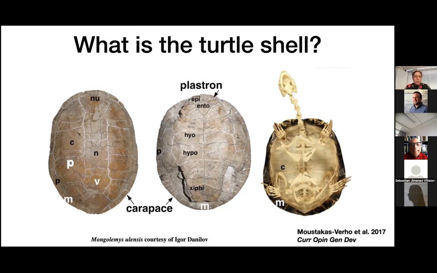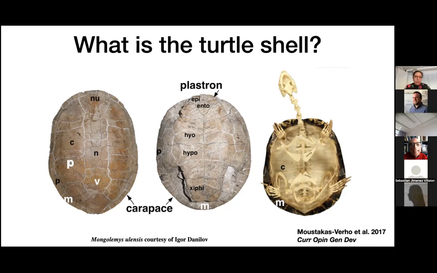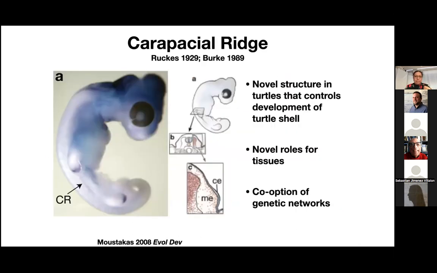This is the dorsal part of the shell called the carapace, and then the ventral part here is the plastron. And these bones are overlain by keratinized scales. They're specialized scales that are found on the shell, and they're called scutes. And these white markings here are showing the outline of these scales. They leave impressions on the bone. And then underneath, you can see the shapes of the individual bony elements. So this is a nice system because you can study its development from an embryology perspective, but you can also consider it in deep time through the fossil record.